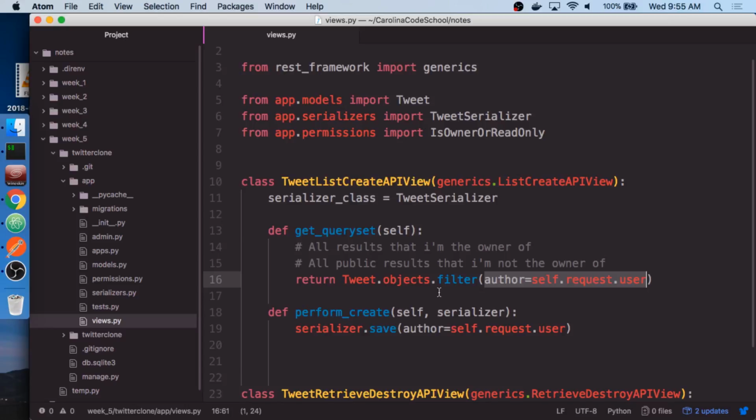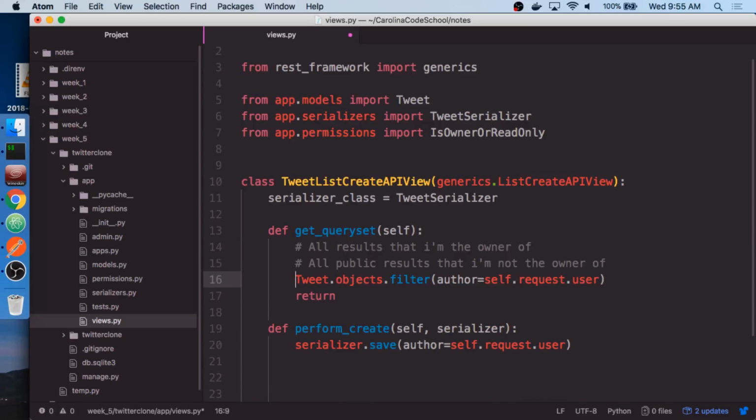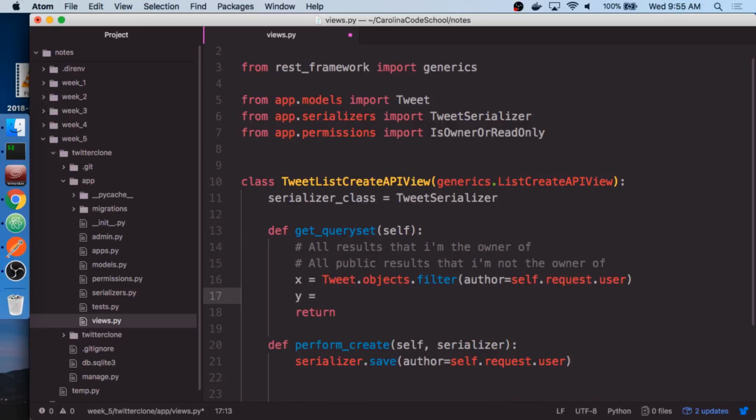Well, I meant, instead of on the same line, if you did a variable equals Tweet.objects.filter, whatever. Yeah, that's putting those query results in that variable. Can you then, say I do X is there, and then do another line, X plus equals Tweet.objects.other filter. So you want to do it like, okay, well, let's find out if this works.